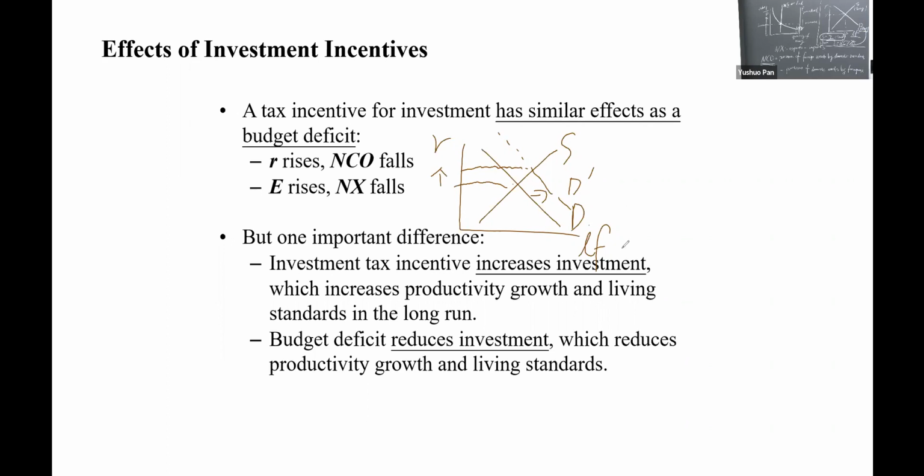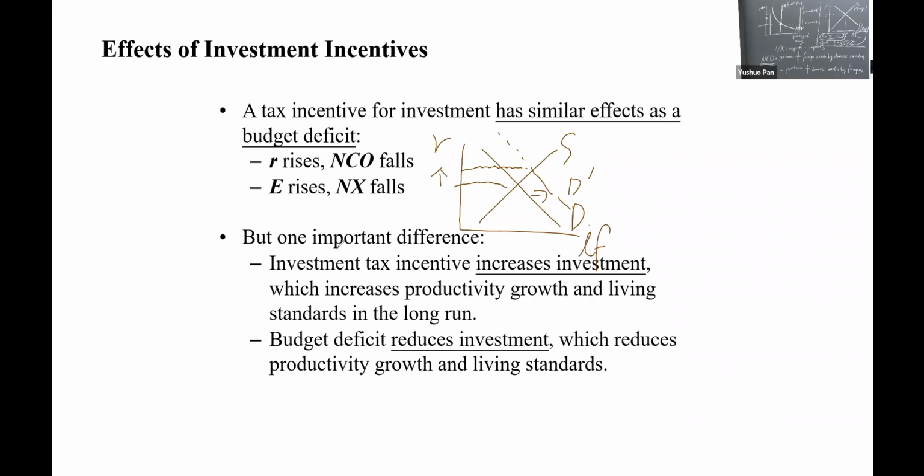And R rises, NCO falls, which is the same as the budget deficit, right? That will cause an increase in R and a decrease in NCO. The decrease of the supply curve will cause R to rise and NX to fall. But one important difference is